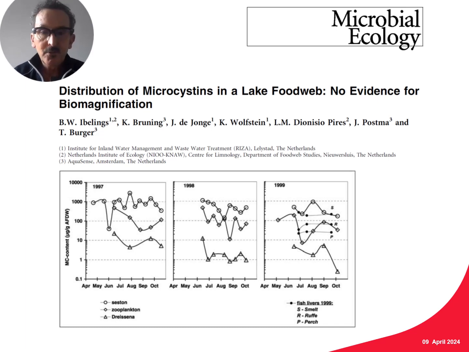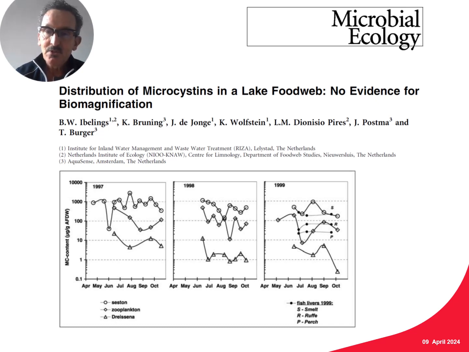You can see in the title that we found no evidence for biomagnification, which would be typically found for substances like PCB that are fat-soluble. Microcystins are more water-soluble, meaning actually that we see here that with every step up in the food web, microcystins go down, so biodilution rather than biomagnification. This led us to conclude that the likelihood that the microcystins are directly responsible for the death of the fish is not very high.